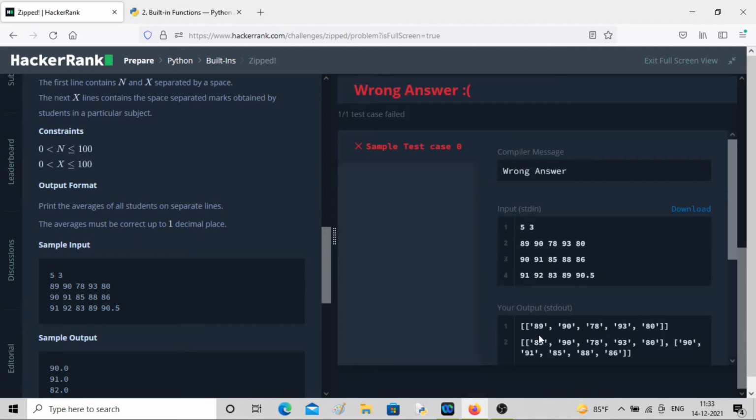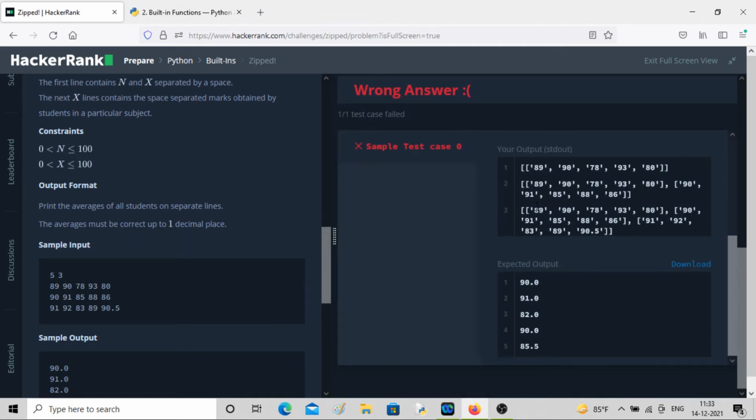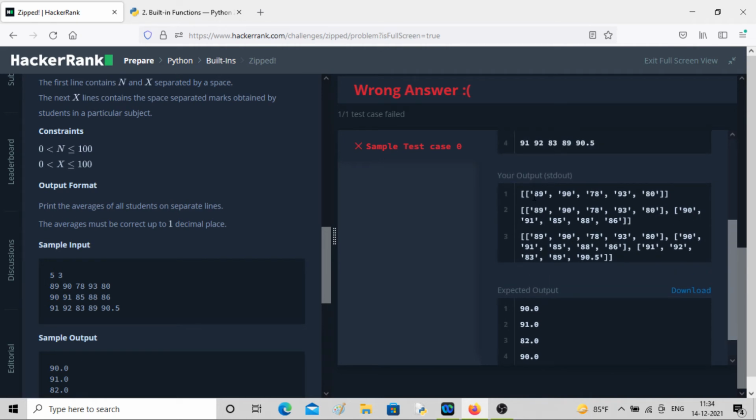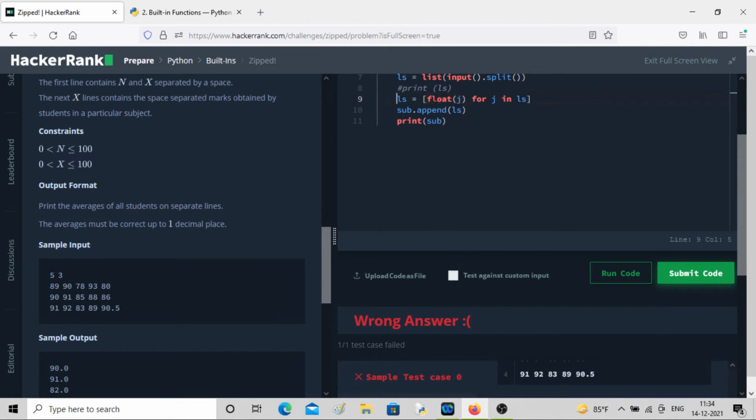So what will happen? When you have this, it will take this value, convert into float, then this value convert into float, each value. So this is what this single line is doing, right? You might have seen this before, in earlier exercises we have done it. It's a concatenated type of for loop.